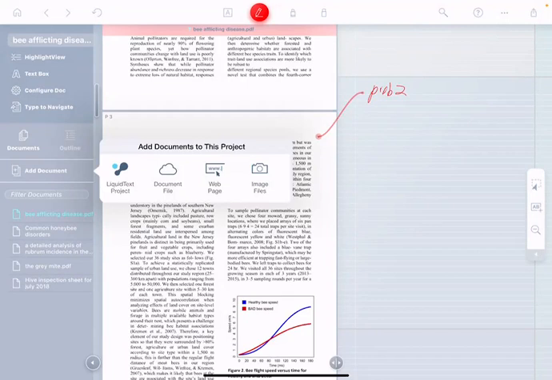And then what LiquidText will do is take them, make a copy of them, import them into LiquidText, and send them to the LiquidText web service. So it'll sync them on your different devices if you've activated that, and so on. So if that's what you're asking, yes, you will need to import them into LiquidText to be able to sync across your devices and use them. But you can always import another document into a given LiquidText project whenever you want. So you don't need to do that all at the beginning.